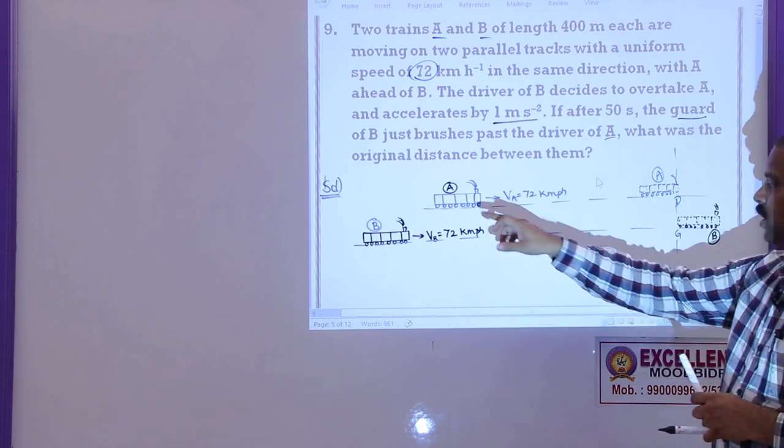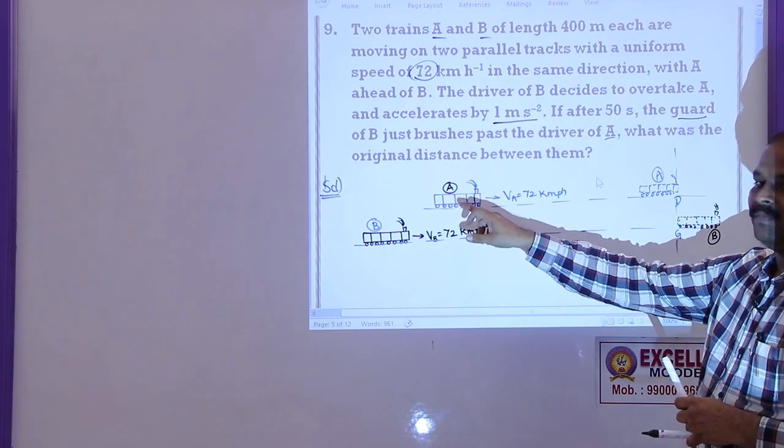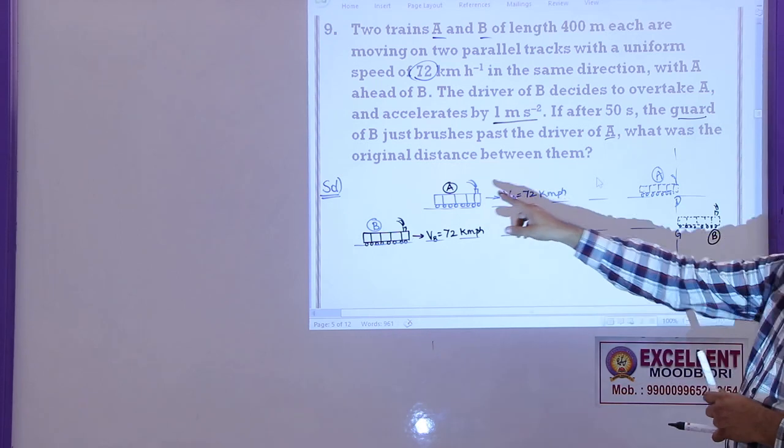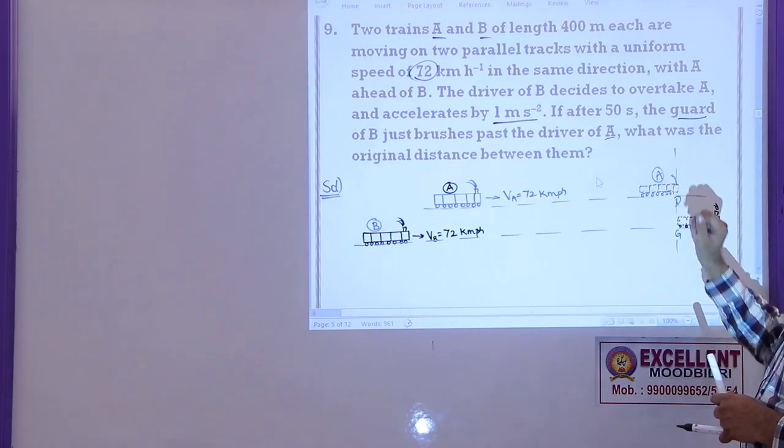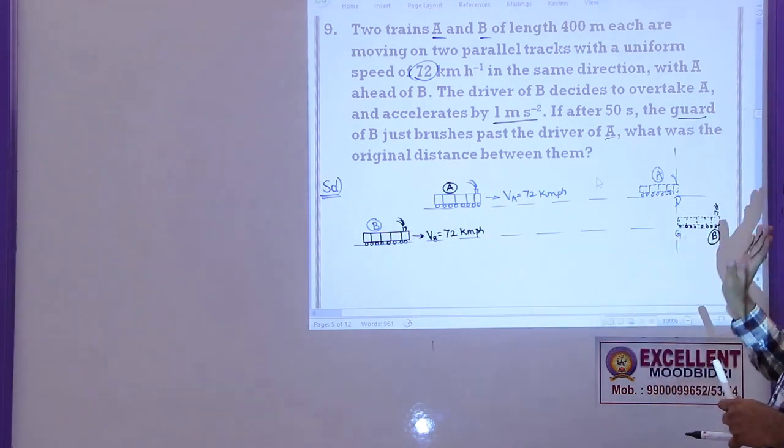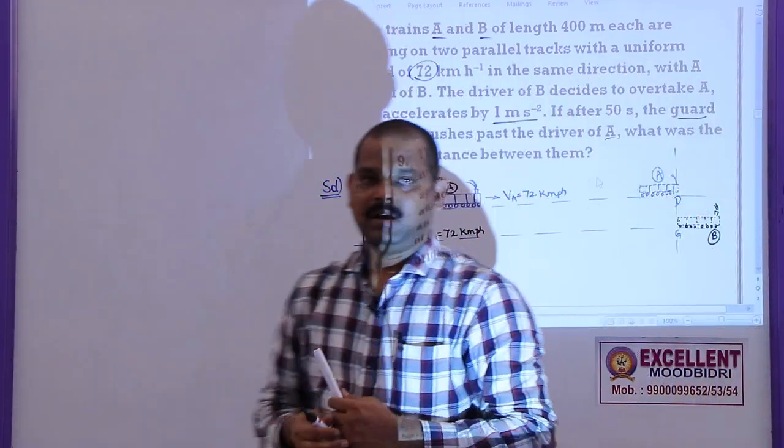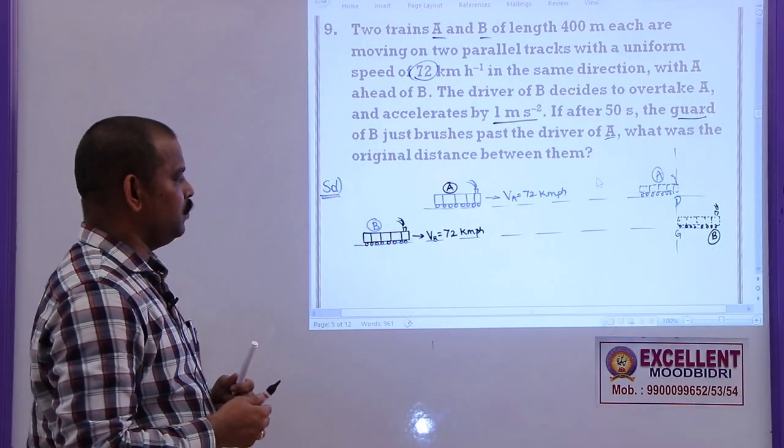As I told earlier, while you are showing the object for the first time, use thick lines. For the same object later, you have to use dotted lines. Here also I am using the same method. So this is the diagram related to this problem.